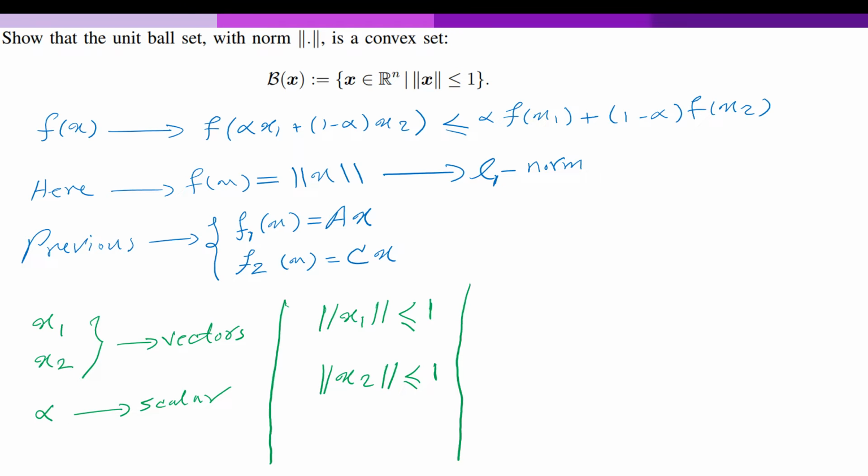Now we're using the definition given here, this one. So this is a norm function. L1 norm is our function. So we say that the L1 norm of alpha x1 plus 1 minus alpha x2 must be less than or equal to